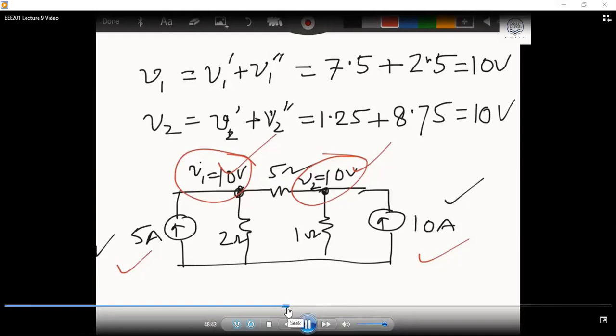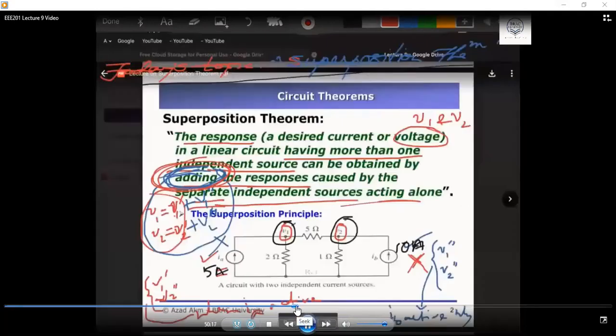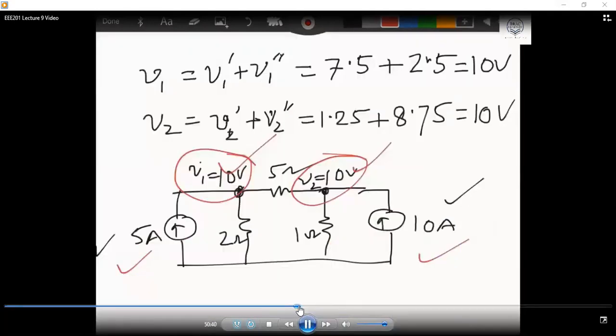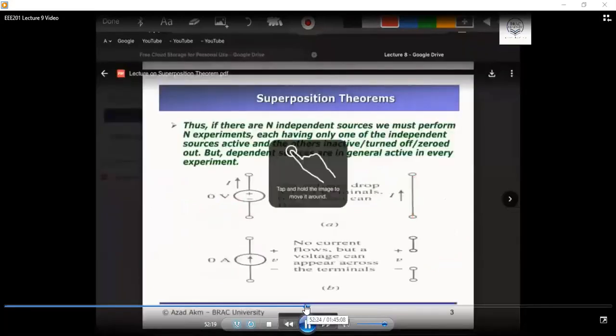Yes, sir. Now, in the interview board, in the viva time, if I have a superposition theorem with V1, V1 prime, V1 double prime sources, then what will happen? Can you tell me? Short circuited, maybe could not get it even. Impact current, and what means